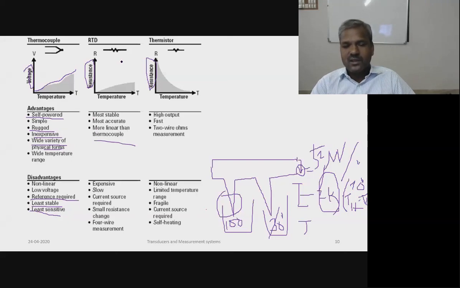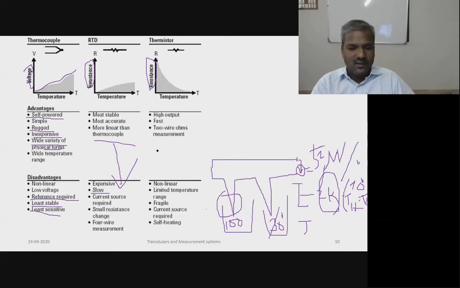The disadvantage with the RTD is that it is expensive. You know the platinum element is expensive, right? Platinum element is expensive. Clear? So it is expensive and the response is slow. You are measuring temperature in the laboratory using an RTD, and the RTD is slowly showing the output. The response time of an RTD is around 10 or 20 seconds. If you immerse the RTD into a 100 degree bath, it will show the output only after 10 to 20 seconds.